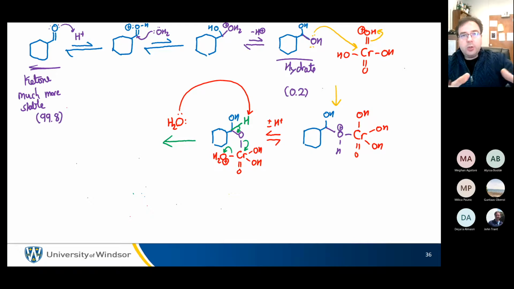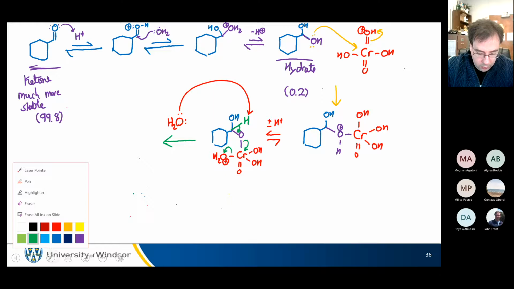And again, since 2 electrons are coming onto chromium, it needs to break a bond because it needs to use that orbital. And so it breaks the OH2, one of the water bonds. And the water drifts off. And we're again taking chromium from chromium 6 to chromium 4. We're creating a new oxygen carbon double bond, and we're removing this hydrogen. And if we follow through what we get there,